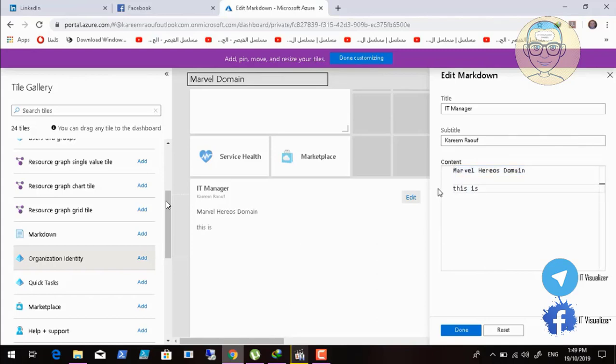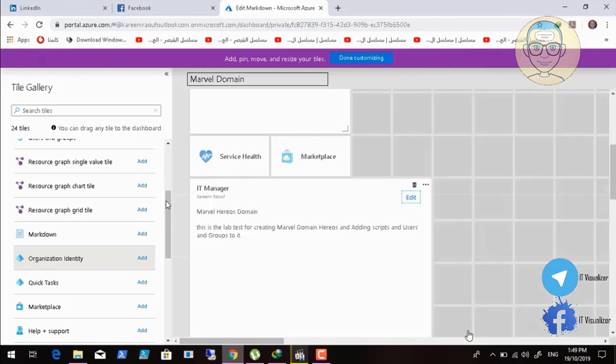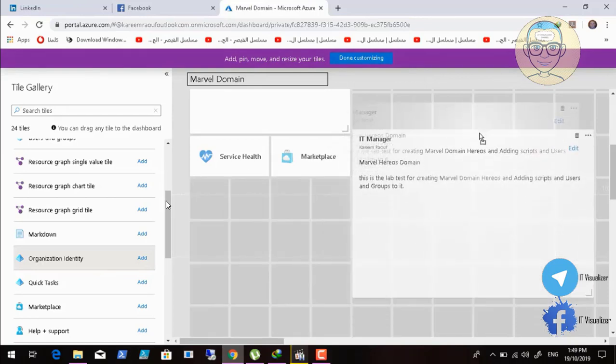I'll load a little bit of description. This is the lab test for creating Marvel domain and heroes. Okay, and adding scripts and users and groups to it. Then done. So now we have done our little description. We can just drag it and drop it. Okay,